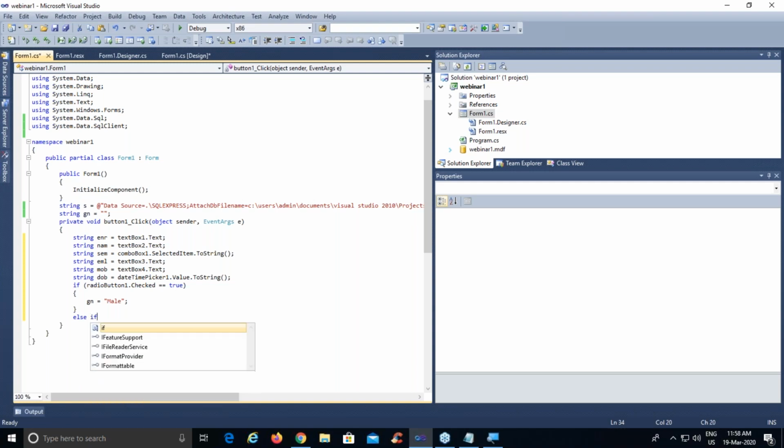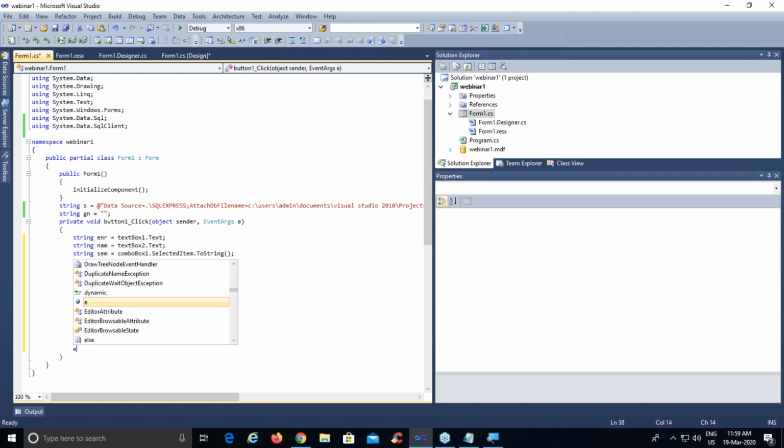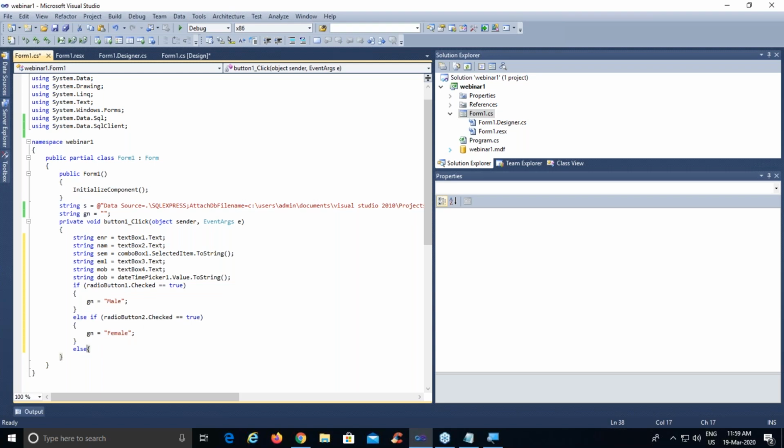Similarly, else if radioButton2 has been selected by the user, we will say gn equals to female. And if the user has not selected any radio button, we'll put an else part. Let us say gn equals to no selection.